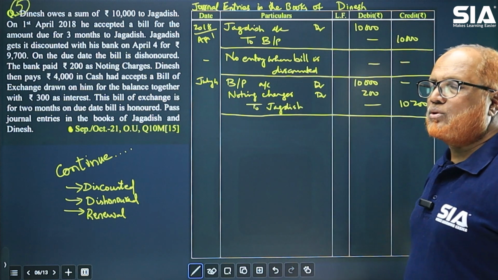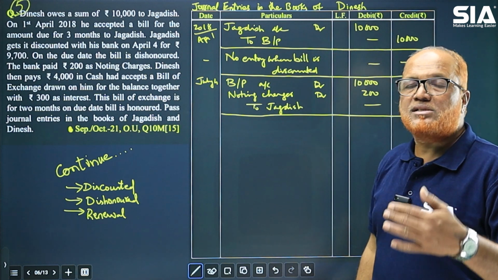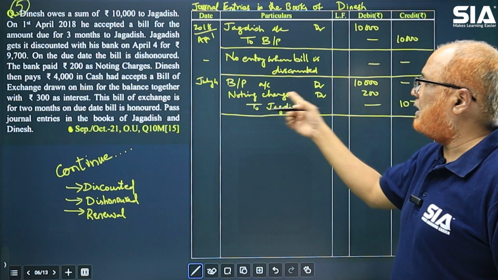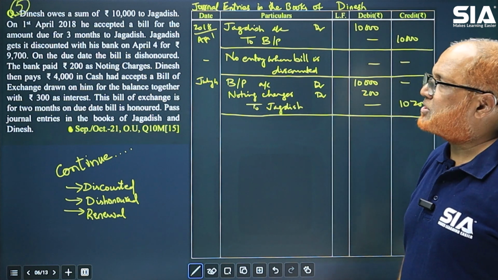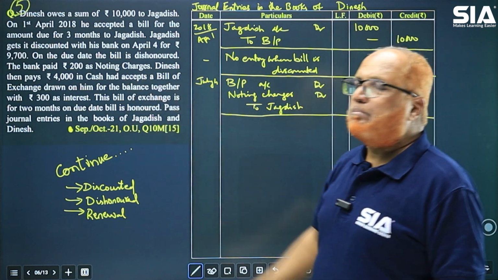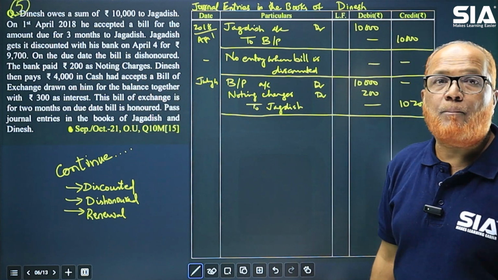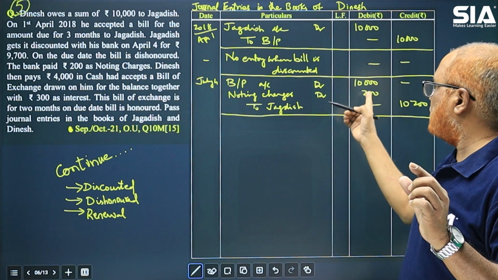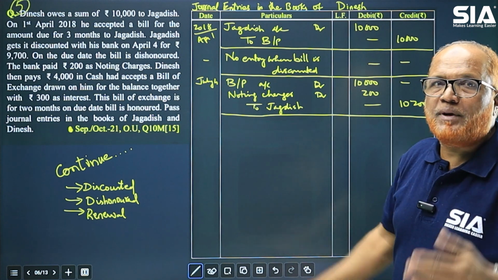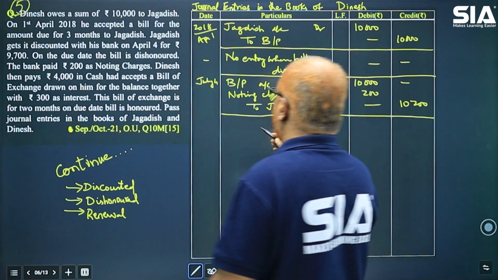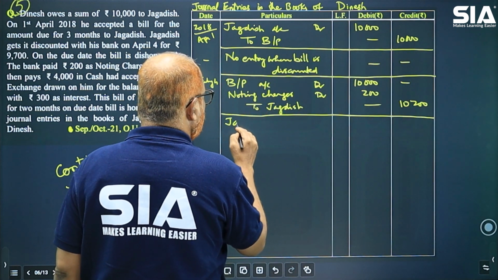Bill amount was 10,000 and noting charges is an expense, is a loss. He will debit. So 10,200 is to be paid to Jagdish. Now Jagdish then pays 4,000 in cash, part amount. Out of 10,200, 4,000 is being paid. To whom is it paid? Jagdish. So the entry will be Jagdish account debtor